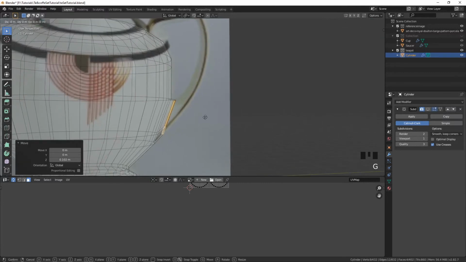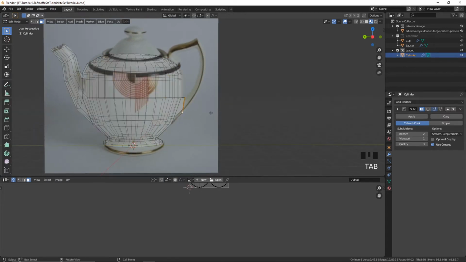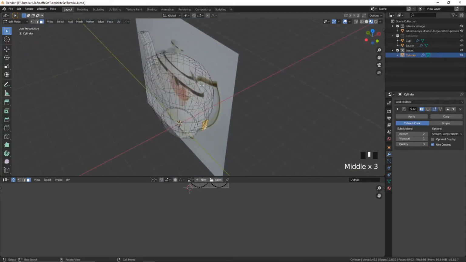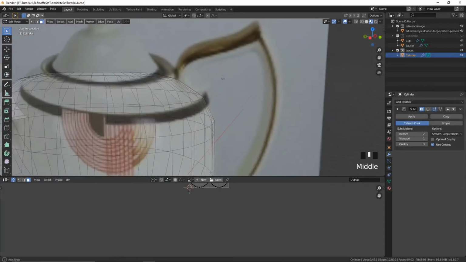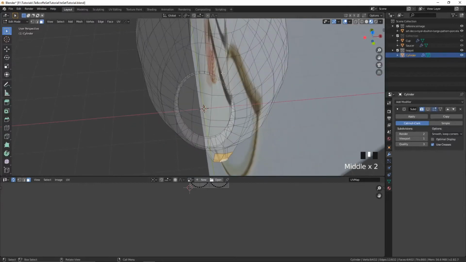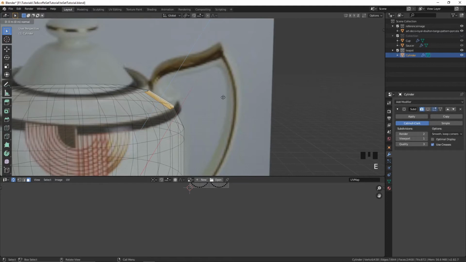and GY to move it out, and rotate it a little bit along the x-axis, and scale once more, and G to move it upwards. Here we go. There we go. And then we want to do the same thing up here, and that one is coming out like that, so that should be those two over there. So let's press extrude,